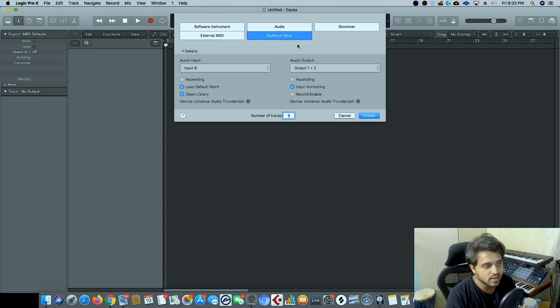And guitar or bass track is also a type of audio track. To record guitar or bass, all you have to do is click on create and you'll see that an audio track opens up with some plugins in it already. It'll have a guitar amp, it might have a noise gate, etc. It might have an EQ or a compressor, but the sound is already defined by them. Of course, you can modify it, but it's a good point to start.